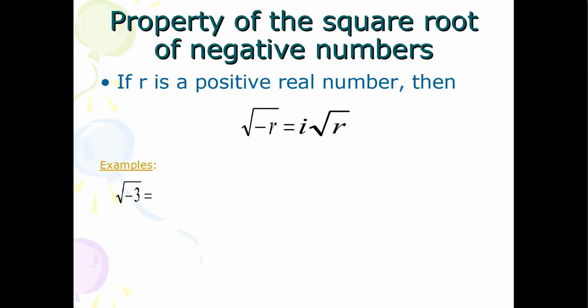So this is a general definition. If you have the square root of -r, and r can be any positive real number, the square root of -r is i root r. The reason why you notice they have here the square root of r is behind the i rather than in front,